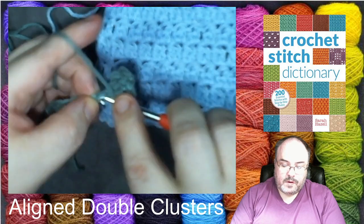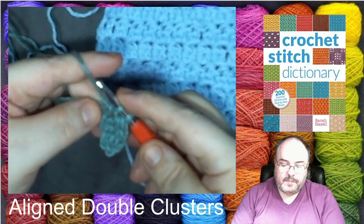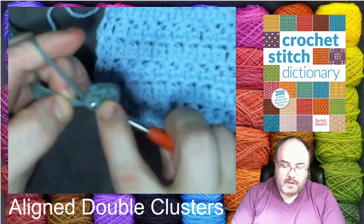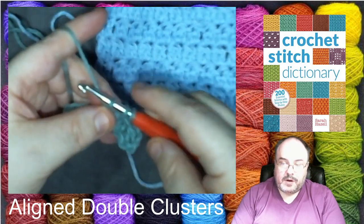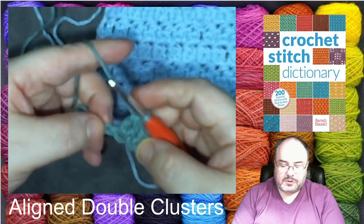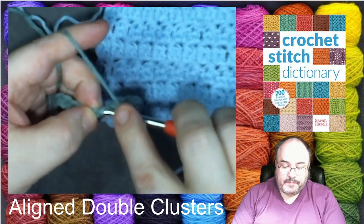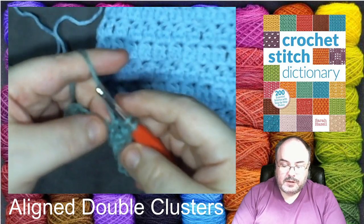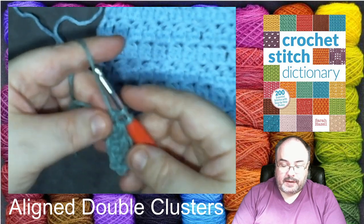Yarn over, go into the stitch, bring up a loop, yarn over through 2, yarn over, go back into the same stitch, bring up a loop, yarn over through 2. Now we have 3 on the hook, yarn over through all 3. So you're making tiny little clusters, and each cluster is 2 double crochets, but they're clustered, so that means they're gonna be joined together. So you're double crocheting together. So there's 1